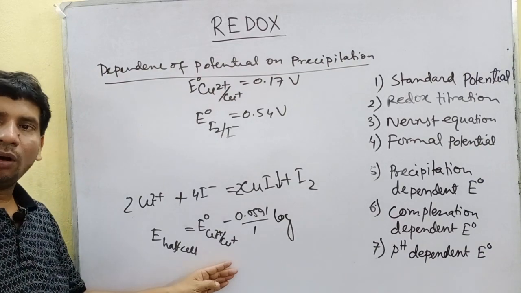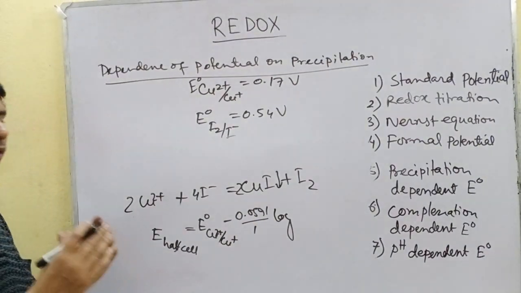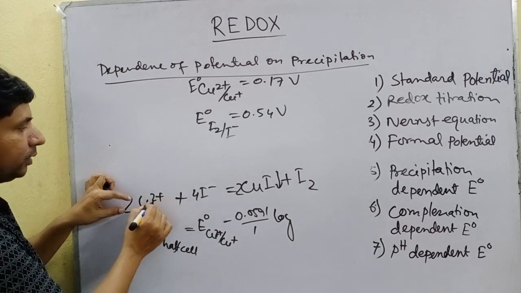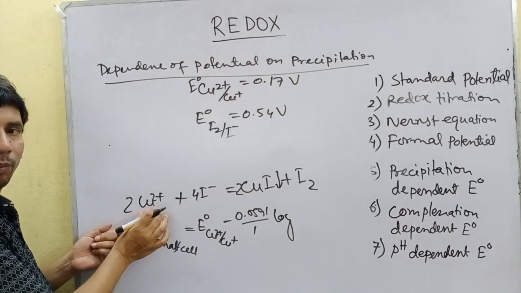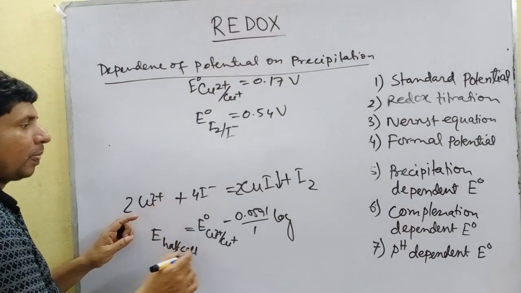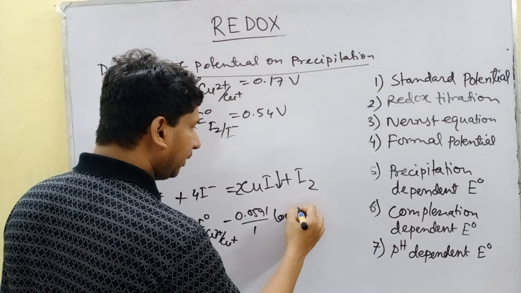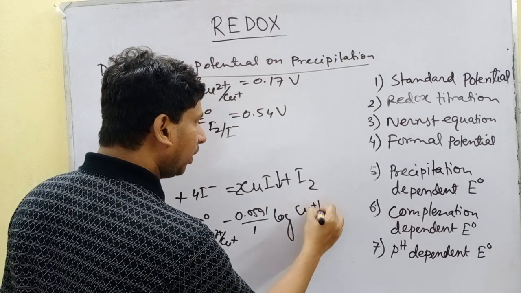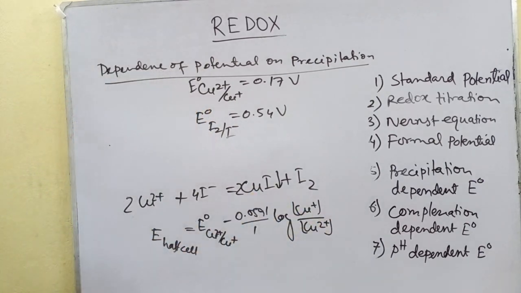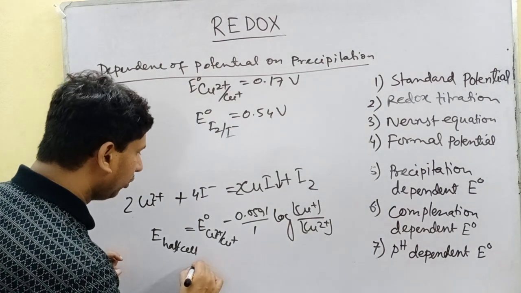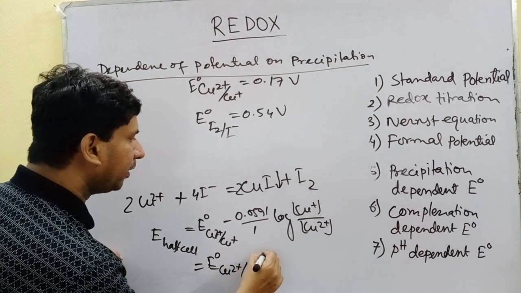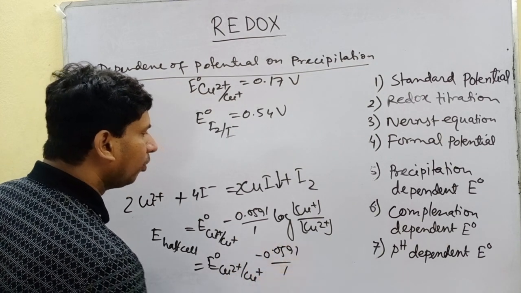What happened here? Log means copper 1 plus divided by copper 2 plus, because the reaction is Cu2+ to Cu+. So the actual expression was copper plus divided by copper 2 plus, that was the half cell reaction. Now what will be the value: E0 Cu2+/Cu+ minus 0.0591 by 1 log